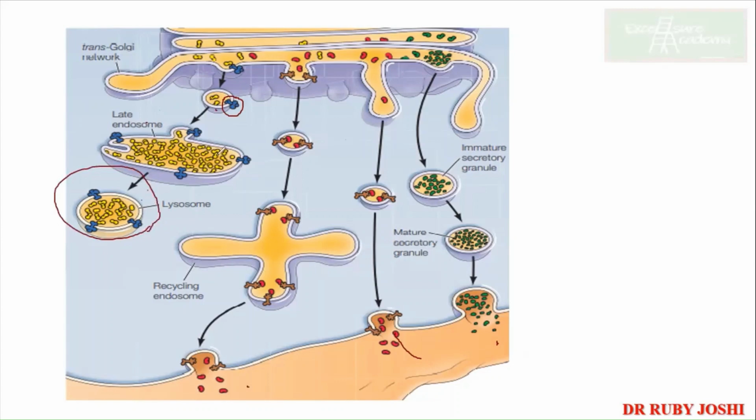Right, so these proteins are present at a pH of around 7, we know that, right? But we also know that in the lysosome the pH is lower, around 3 to 4. So only then do these proteins become active. Otherwise, these lysosomal proteins are hydrolases by nature, that is, their job is to digest and degrade. Since they are present in neutral pH, at that time they are inactive. The moment they reach the lysosome, where the pH is low, they become active. So this is how, from the trans-Golgi network to different destinations, with the help of vesicles they are transported. This is known as the secretory pathway.